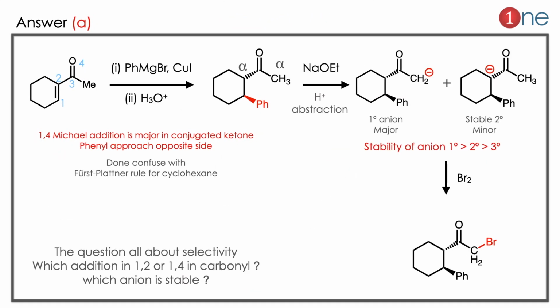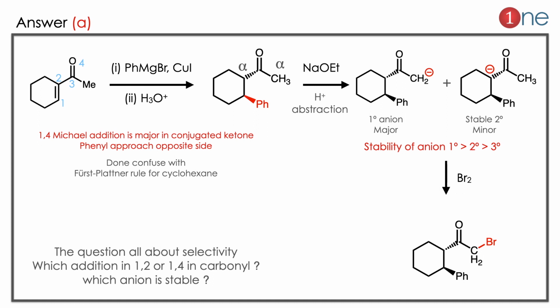Here you are using the methyl magnesium bromide. The question is all about where the Grignard reagent attacks, directly to the carbonyl or to the alkene. Here you are using copper, it's a soft one. So the attack will happen in 1,4 fashion. It is a Michael addition reaction. Michael addition always occurs in the conjugated system in 1,4 fashion. So phenyl attacks at the 1 position. The 4th position is compensated by magnesium and copper there.